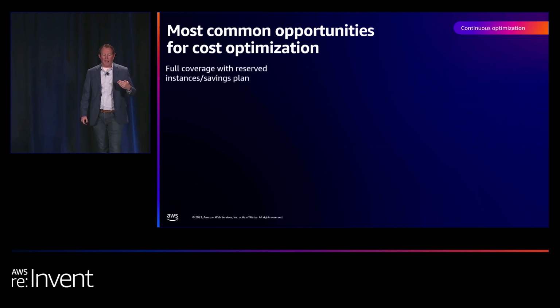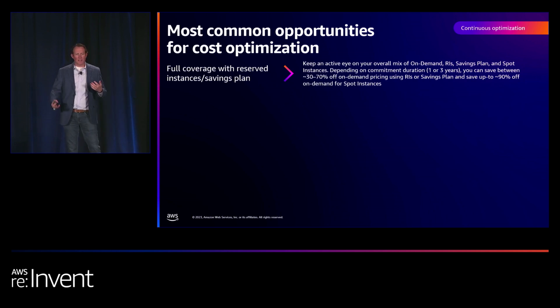So the first one is how you buy. And I know we've got some great partners here who do this as a service. But as you think about how you get as much coverage as possible inside of your organization to get the biggest discount possible, I won't go deep into it, but there's multiple ways you can buy. In this case, take server capacity. You can buy it on demand, which is kind of retail rates. There's reserved instances, savings plans, and spot. All kinds of ways to go through this, but you want as much coverage as possible to get the biggest discount possible. And when I review people's bills and see they're 90% on demand and they have consistent workloads through time, I'm just like, why are you not doing something different around how you procure this?